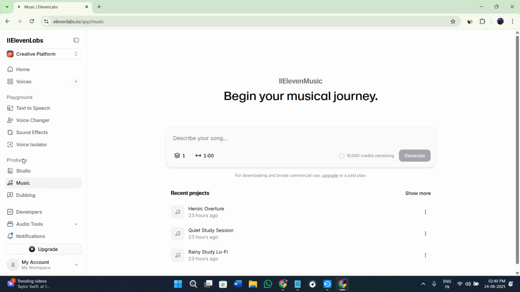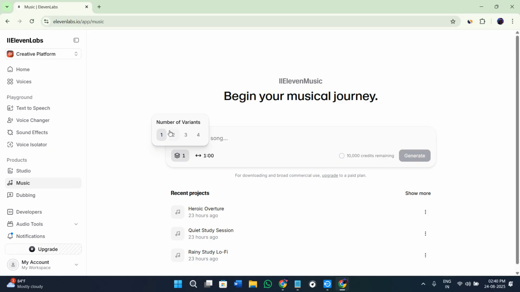the products section. So over here, once you are inside this particular section, you need to simply pick your genre. Now, if you are using ElevenLabs premium version, you are going to see the option of picking your genre. So you can select anything like lo-fi, cinematic, EDM, or any other. Then you can also select the mood of your music. It can be calm, dramatic, upbeat, or relaxed, so that the AI could understand the vibe that you are going